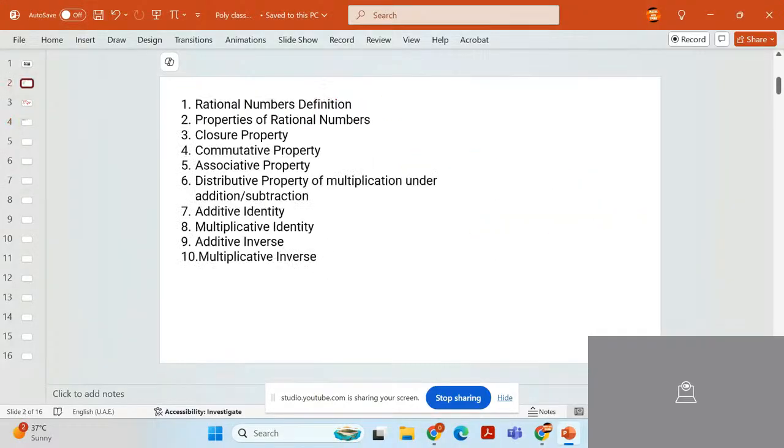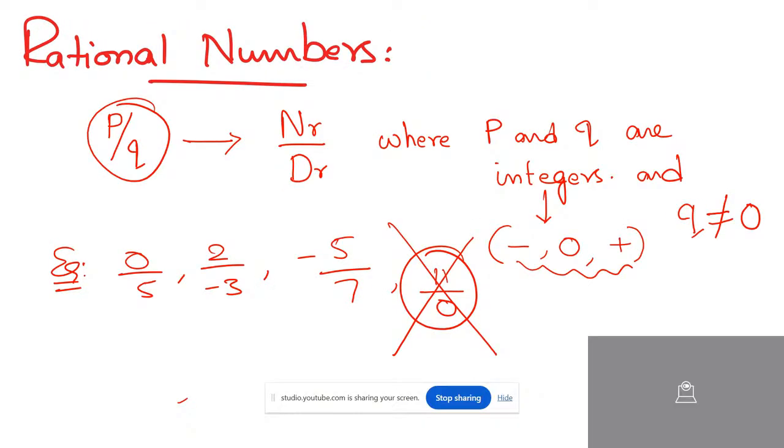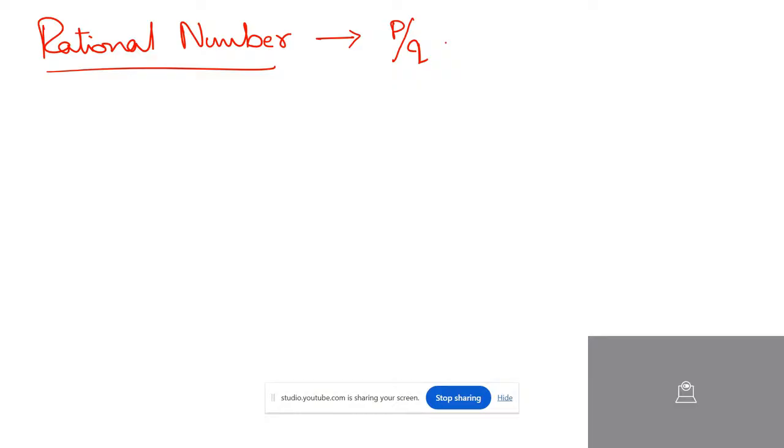Now, what is the next concept? What are the properties of rational numbers? Let us see the properties of rational numbers. We have studied these properties for whole numbers, natural numbers, and integers. But now let us see the properties related to rational numbers. The first one is the closure property. What is the closure property, my dear students? Closure property means